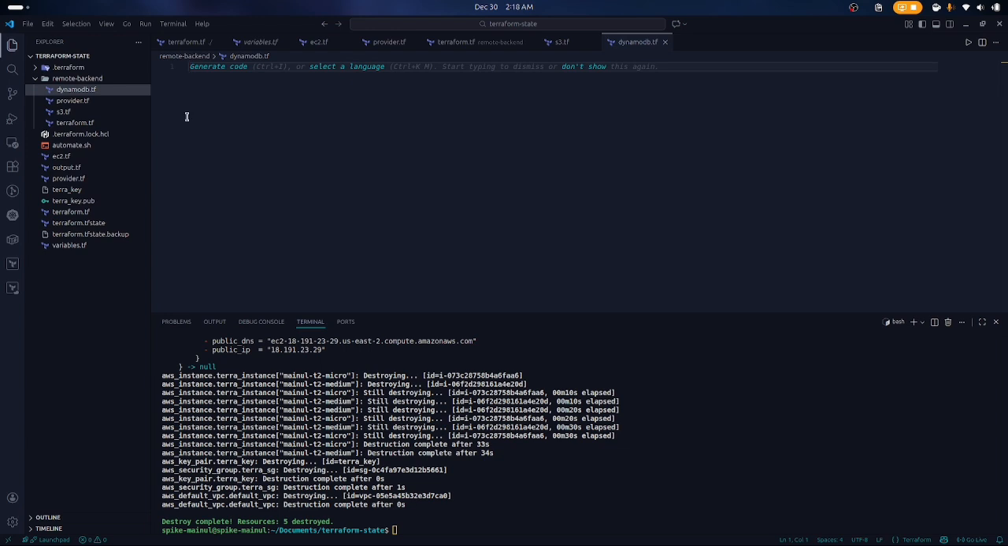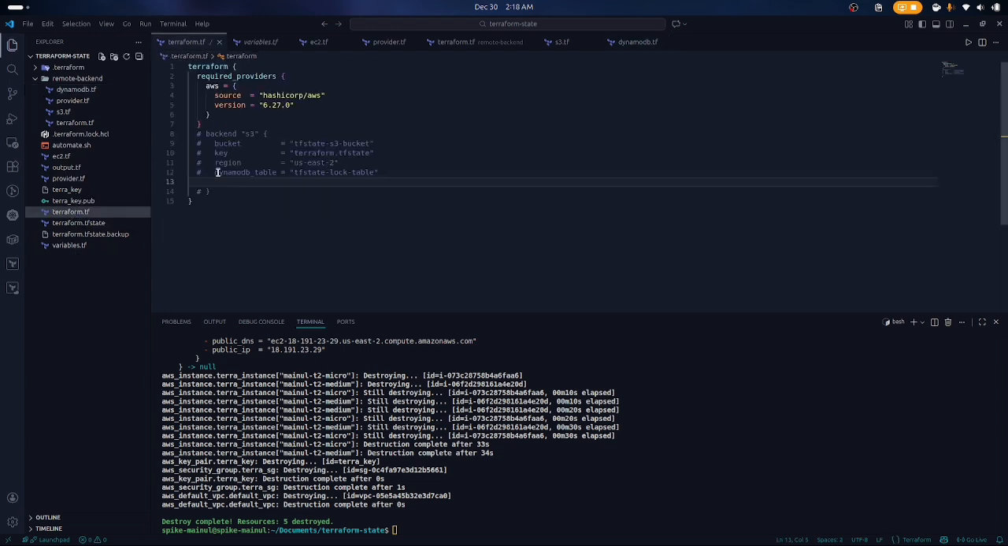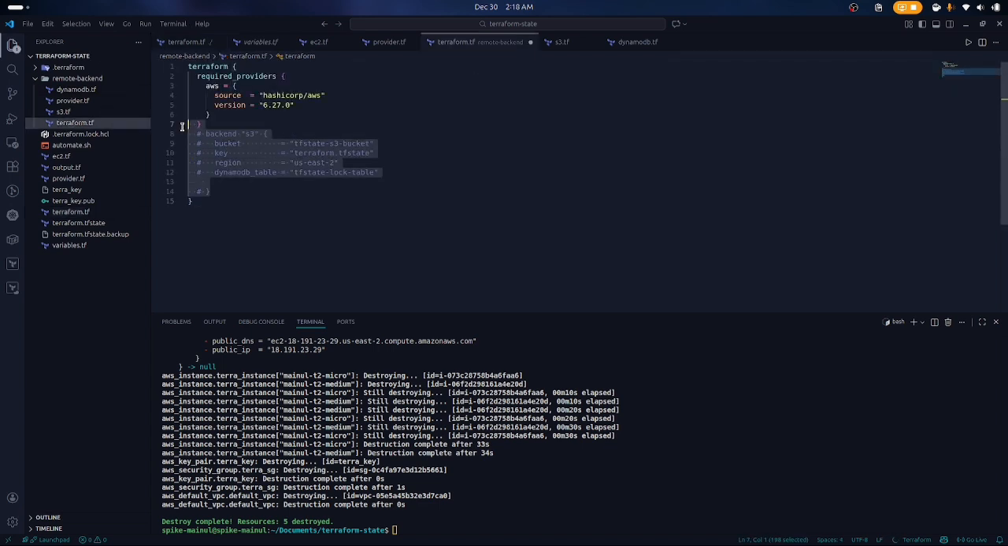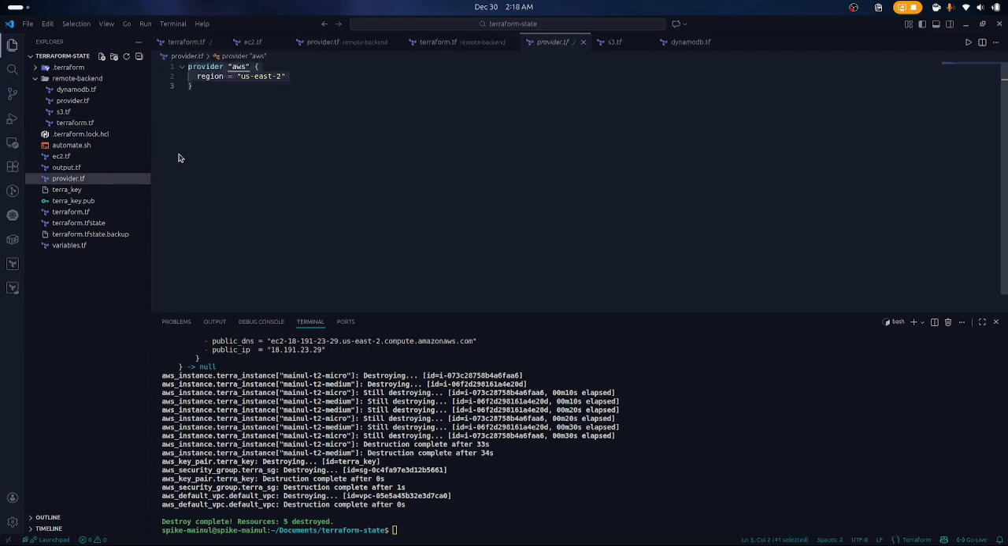Okay, all of the files are created. I'm just going to copy paste here. We can find this provider code in the HashiCorp documentation. Copy this, then paste it here. Don't take this one. Then where is the provider? Copy this, then